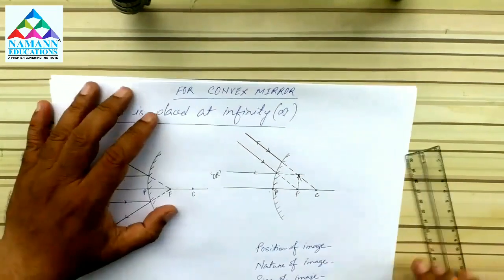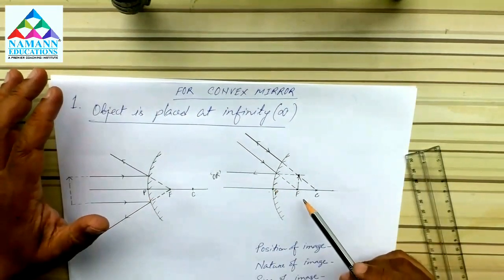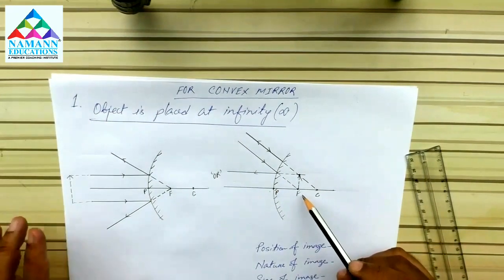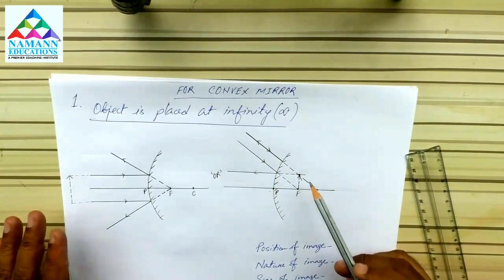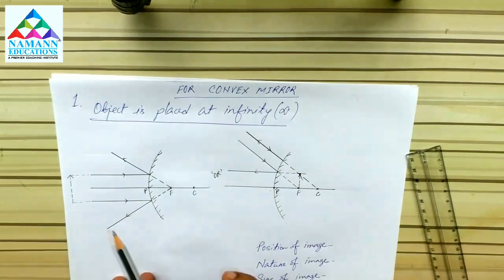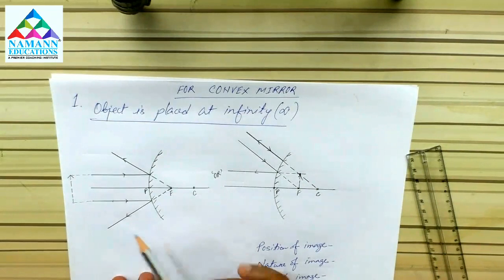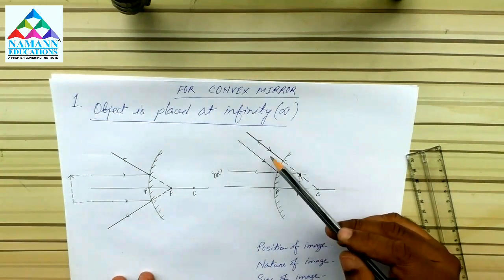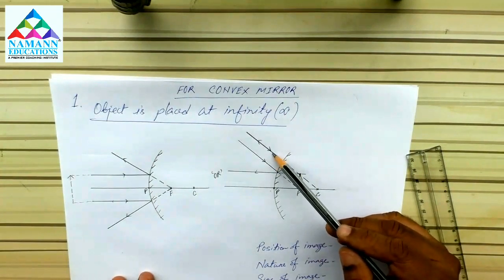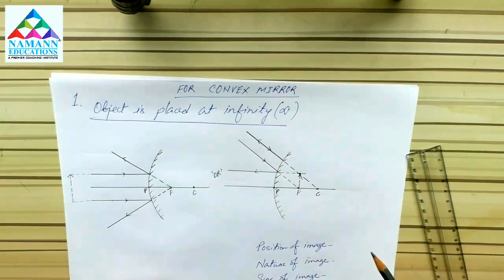The first one is convenient, but the second one is for another pattern. First one, here incident light rays are parallel to the principal axis. Second one, incident light rays are not parallel to the principal axis, but in both the cases object is placed at infinity. So if I ask you the position of image,